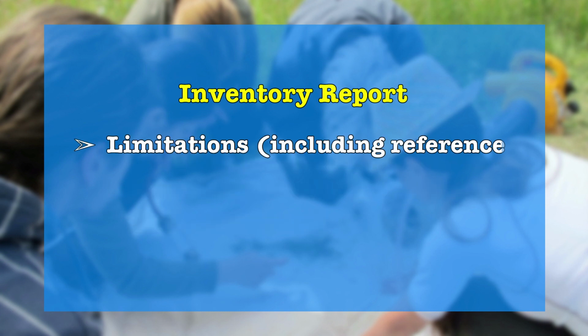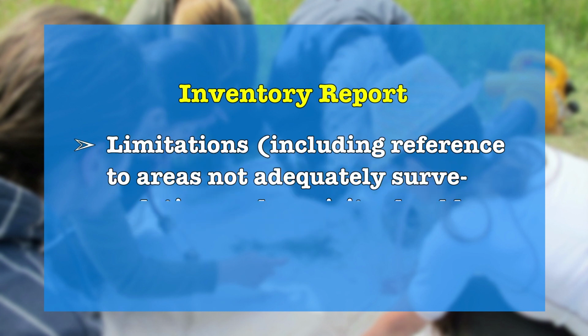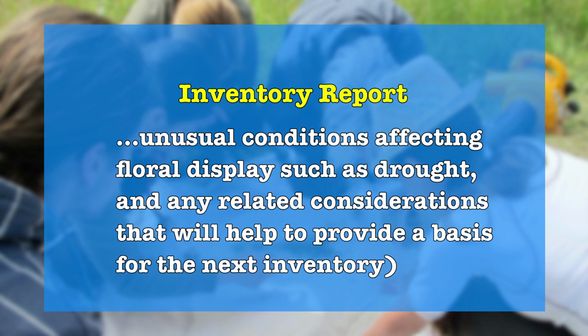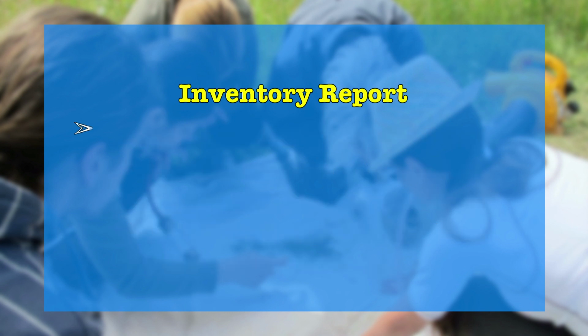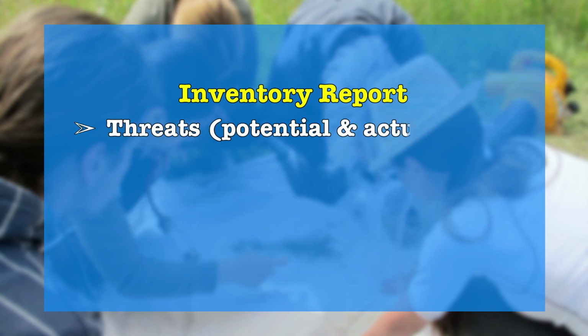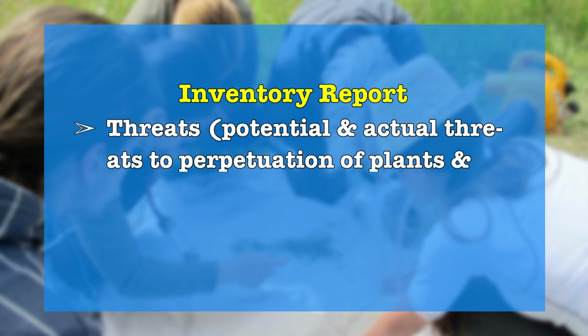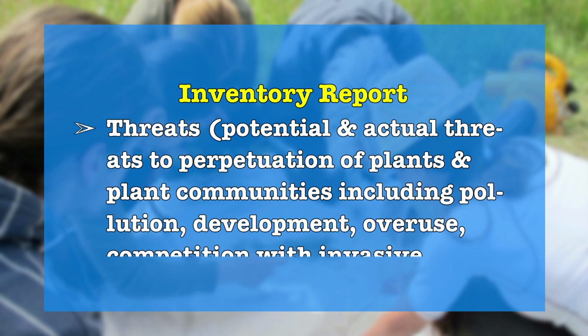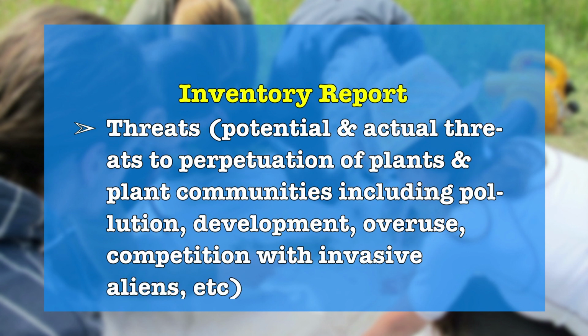Limitations, including reference to areas not adequately surveyed. Times when visits should have been made but were not. Unusual conditions affecting floral display such as drought and any related considerations that will help to provide a basis for the next inventory. And threats. It includes potential and actual threats to perpetuation of plants and plant communities, including pollution, development, overuse, competition with invasive